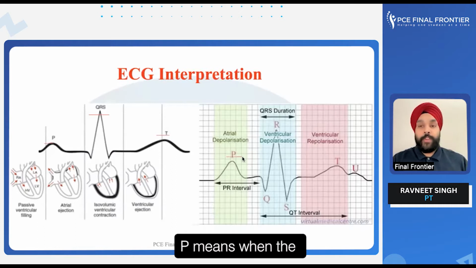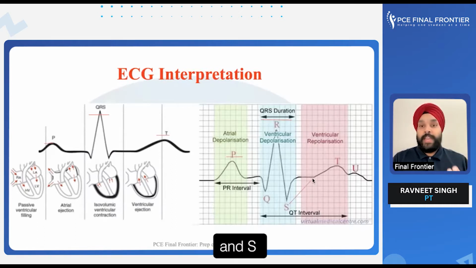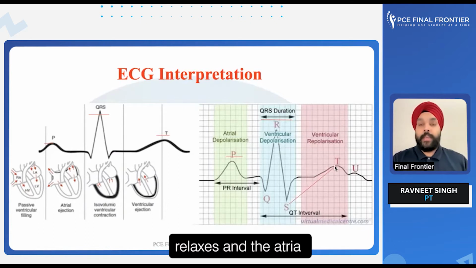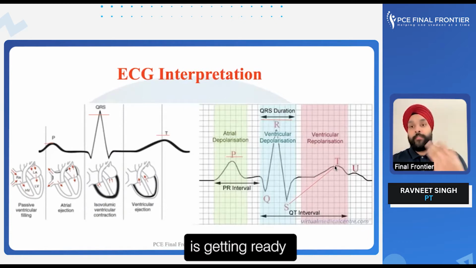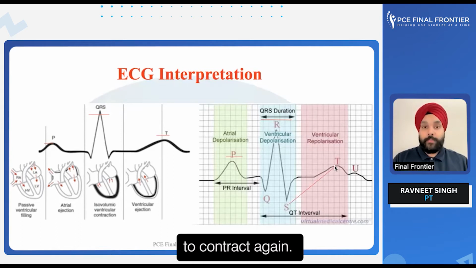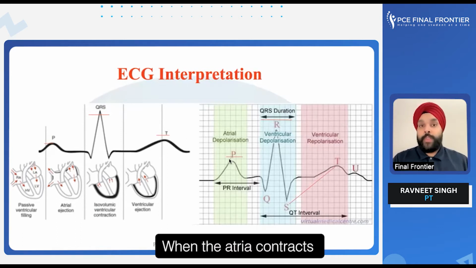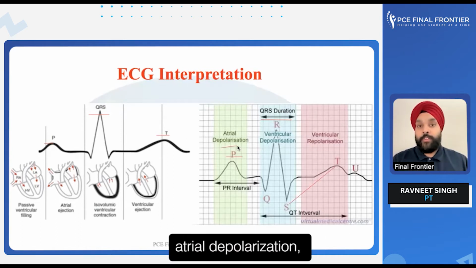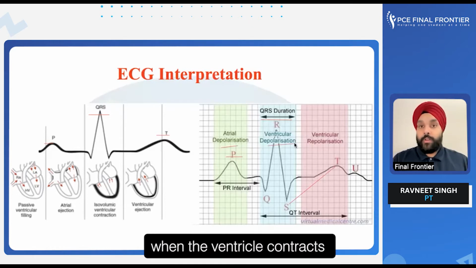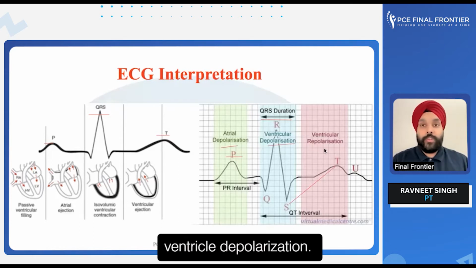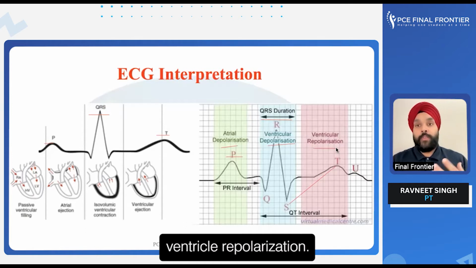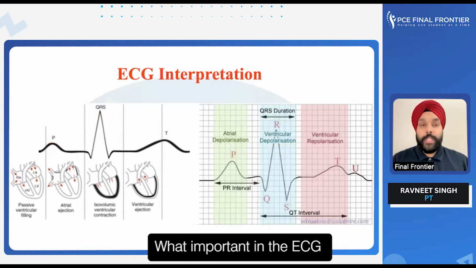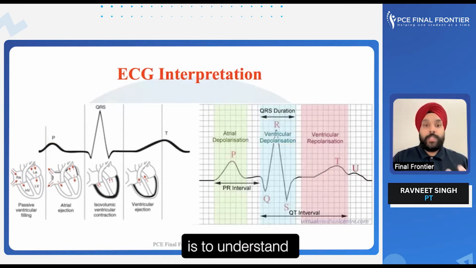P means when the atria contracts, QRS means when the ventricle contracts, and ST means when the ventricle relaxes and the atria is getting ready to contract again. When the atria contracts, you call it atrial depolarization. When the ventricle contracts, you call it ventricle depolarization. And when the ventricle relaxes, you call it ventricle repolarization. What is important in the ECG is to understand